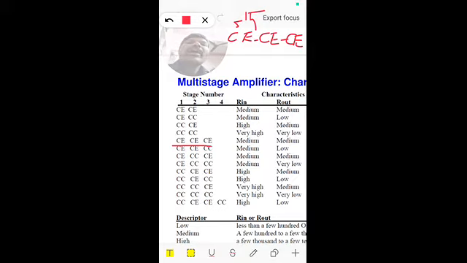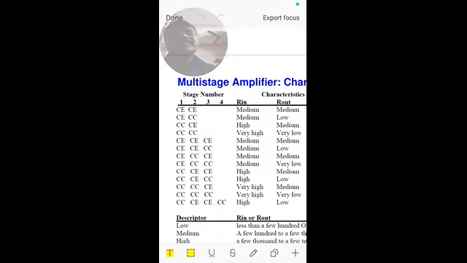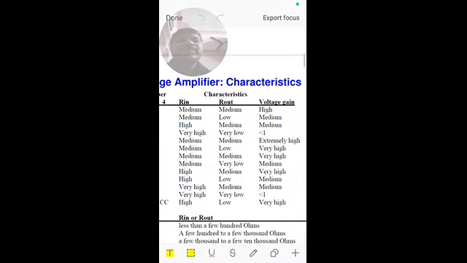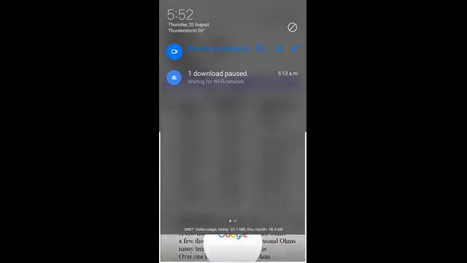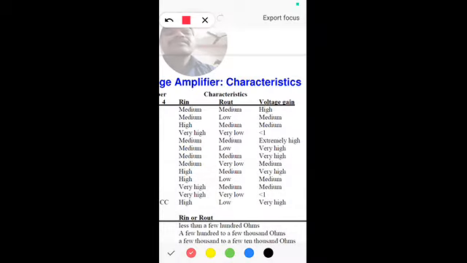So we are going to have very high voltage gain. That is possible because we are going to have three stages, extremely high. So these are the characteristics of